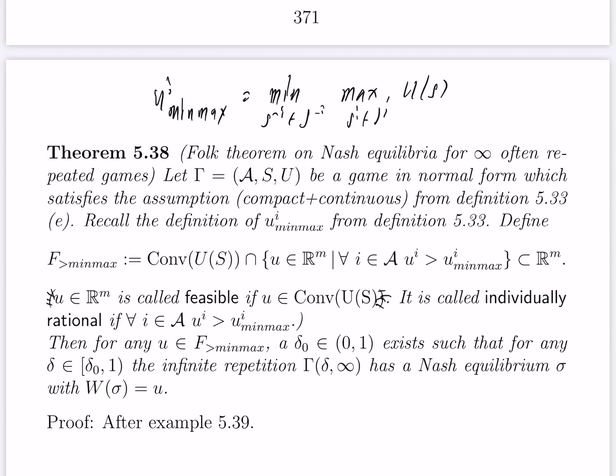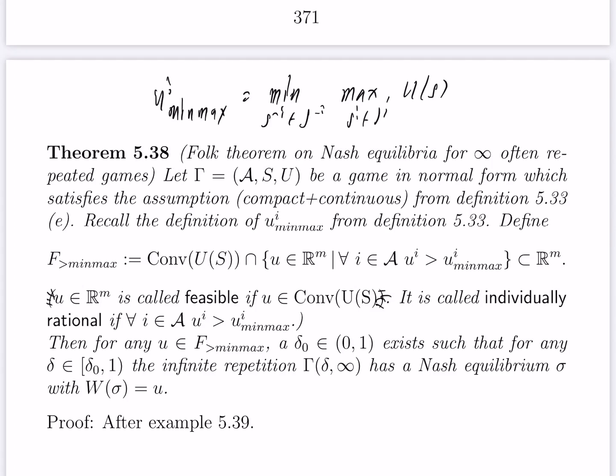The Folk theorem on Nash equilibria for infinitely often repeated games. So we start with a game Gamma in normal form, which additionally shall satisfy this assumption, compact plus continuous, which I had formulated in definition 533e. It said that the set S of strategy combinations must be compact and the utility function U on it